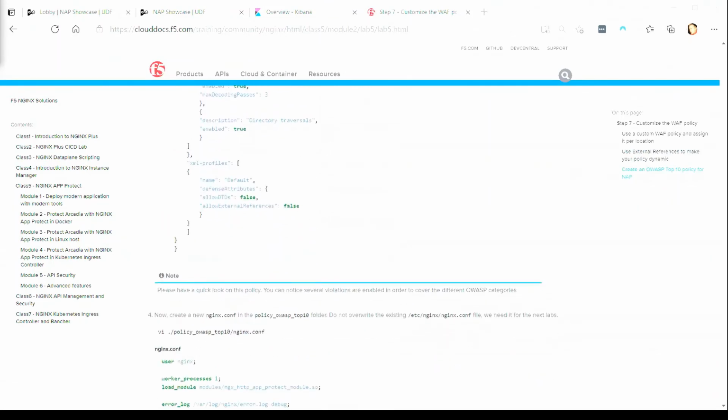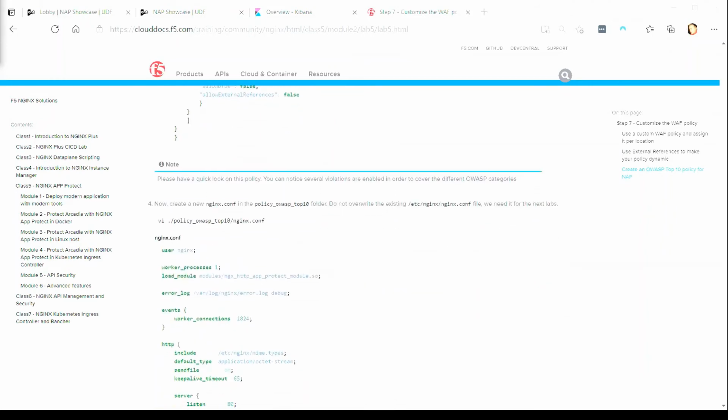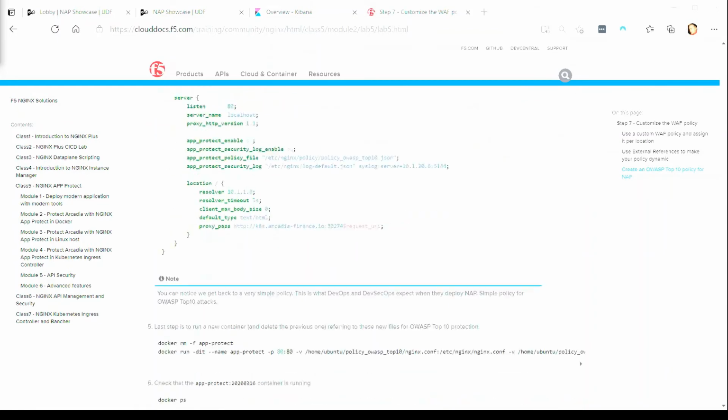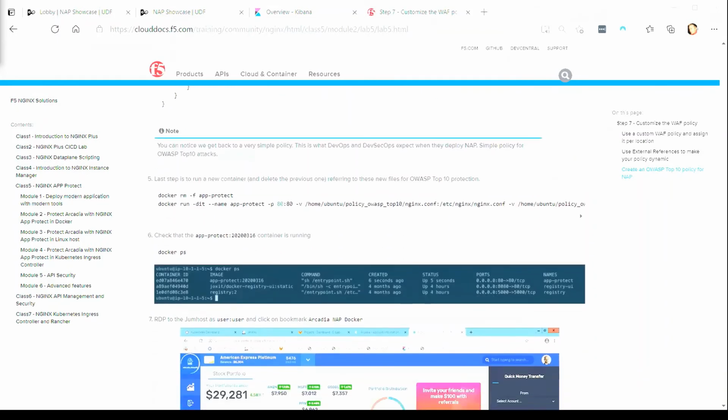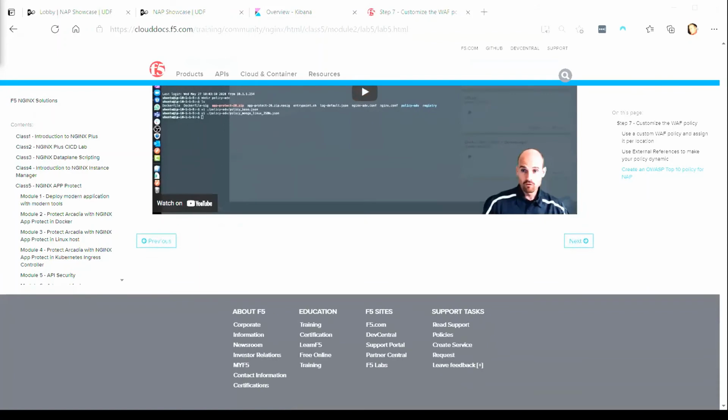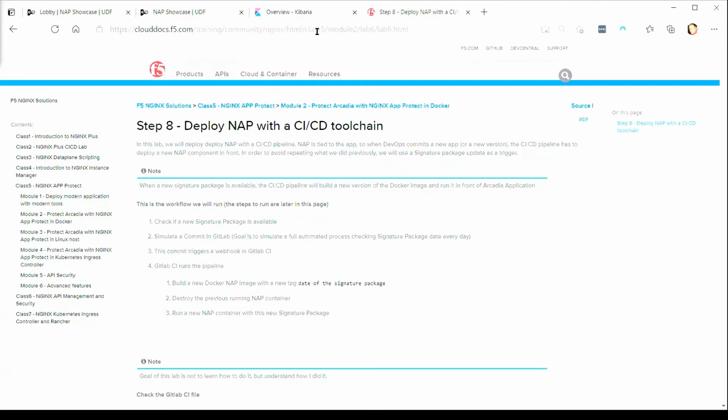Then we simply spin it up on the basis of that, pointing towards the policy in the same way that we did for the different policies that we just did. So it's not really adding anything to our learning curve, and in the interest of time, we're just going to bypass that one for now. We can go ahead and click next, which should lead us to class 5 module 2 lab 6.